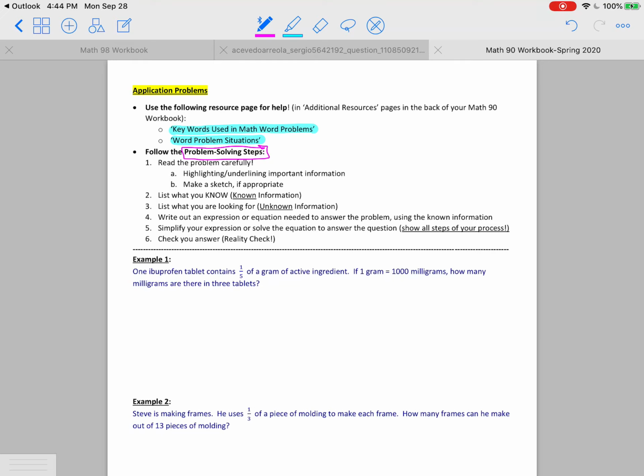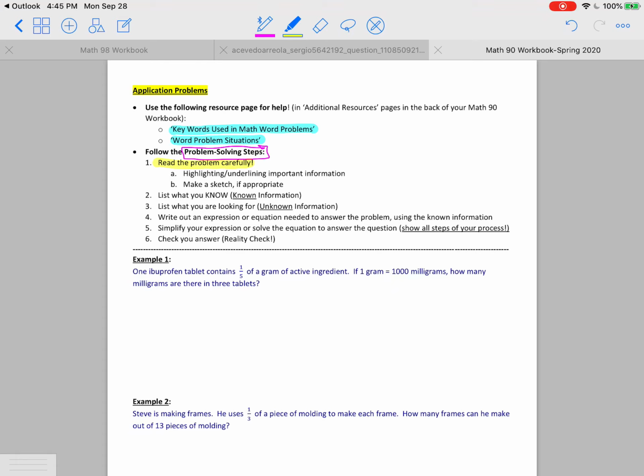All right, we do have some problem solving steps, and this is kind of an introduction to the problem solving steps that we're going to be using the whole quarter. We will be adding a little bit to them as we enter into algebra and we start using variables for our unknowns. But in general, this is the basic idea. Of course, we're going to read through the problem very carefully, and sometimes that requires that we read the problem